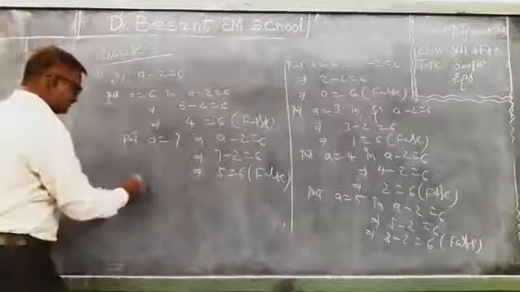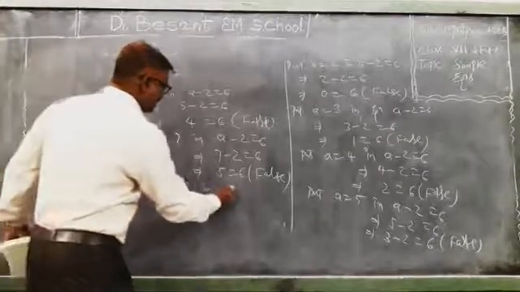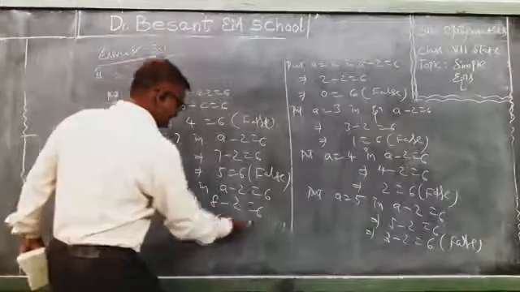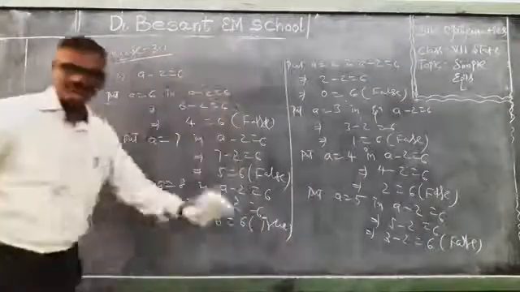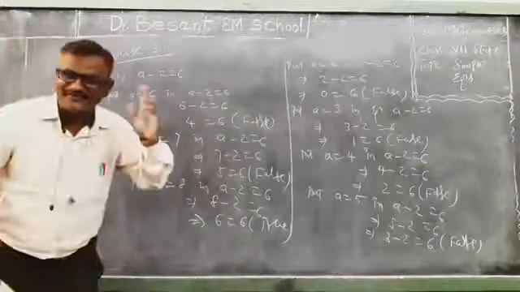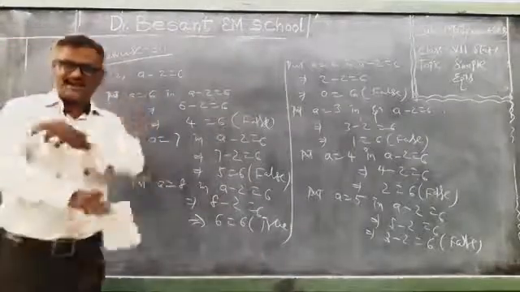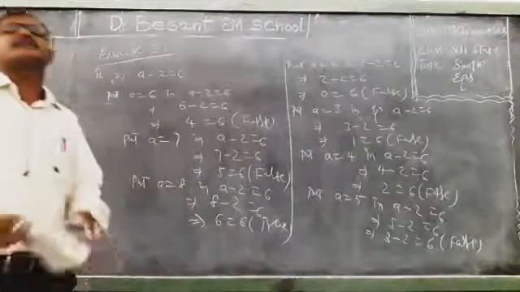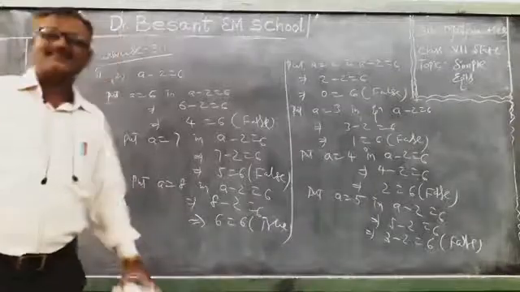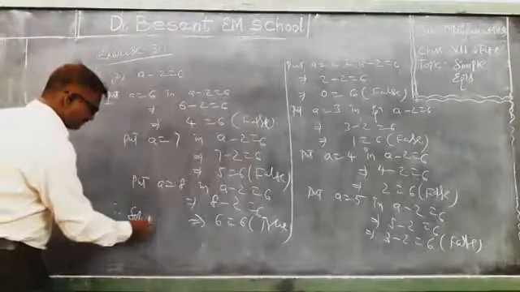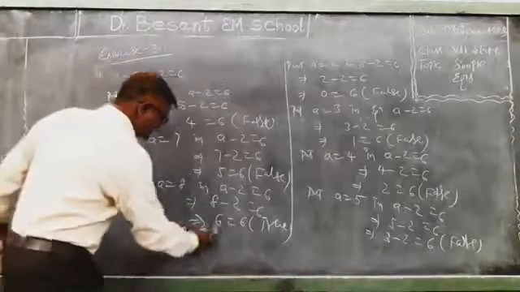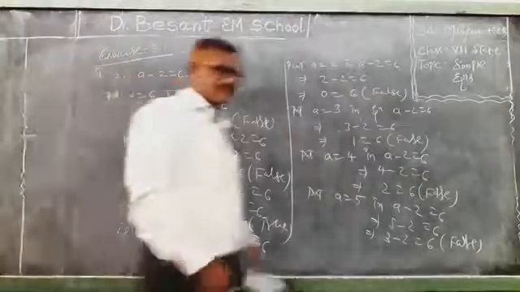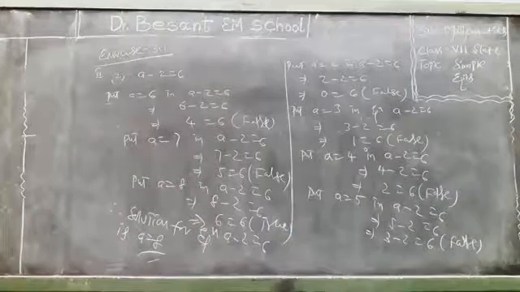Then you go for a equal to 8. Put a equal to 8 in the equation a minus 2 equal to 6. a means 8 minus 2 equal to 6. 8 minus 2 is 6, equal to 6, which is true. So for what value of the variable a do we get LHS and RHS equal? That is a equal to 8. So what is the solution for this equation? 8. Therefore, the solution for the equation a minus 2 equal to 6 is a equal to 8.